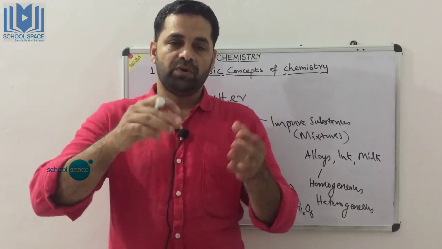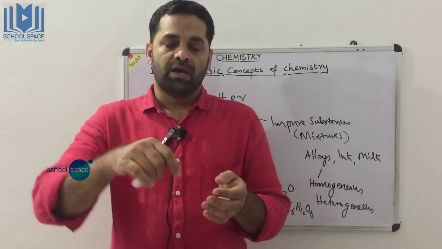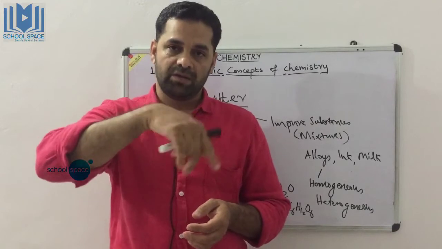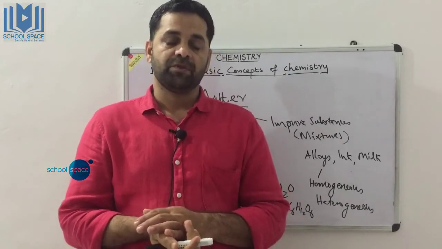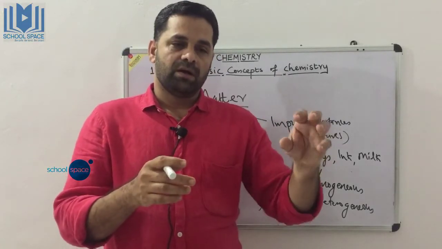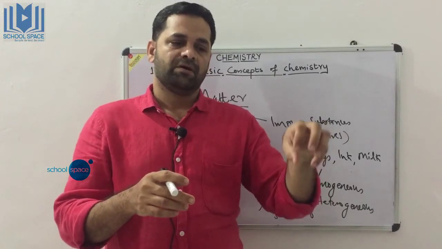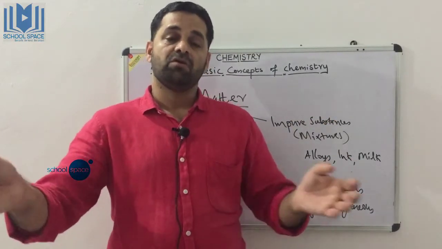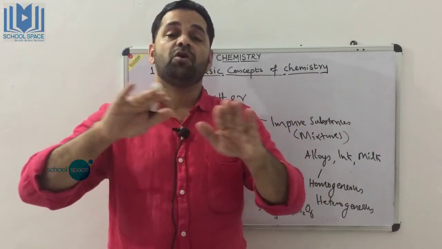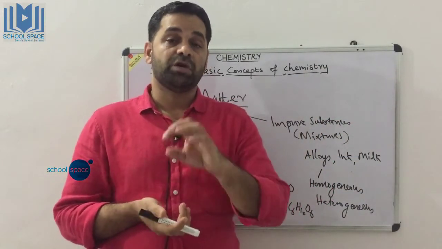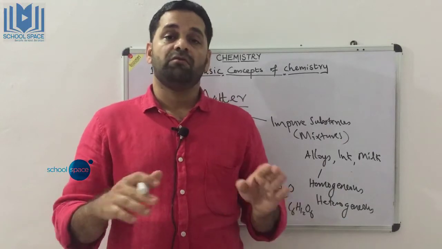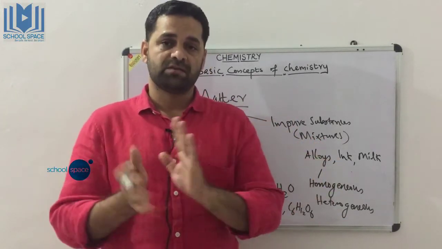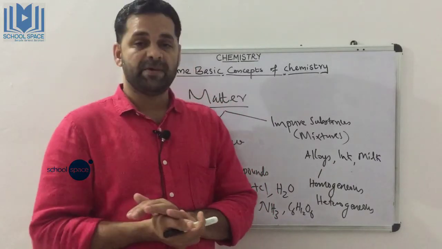When you dissolve sugar in water, it forms a sugar solution. And when you take samples from one part and another part, in all parts the sugar is uniformly distributed. We will not get a different taste. We will get the same taste in all parts. So that is called a homogeneous mixture.